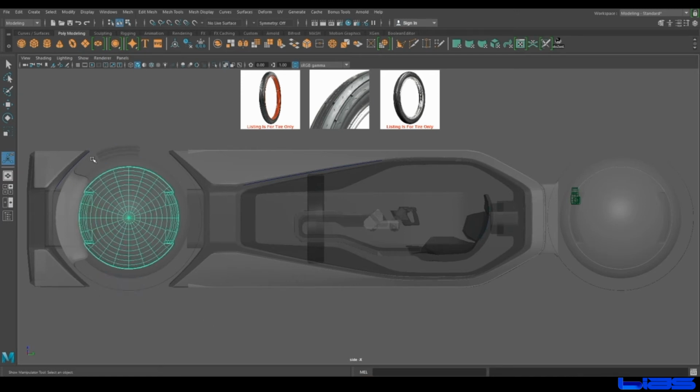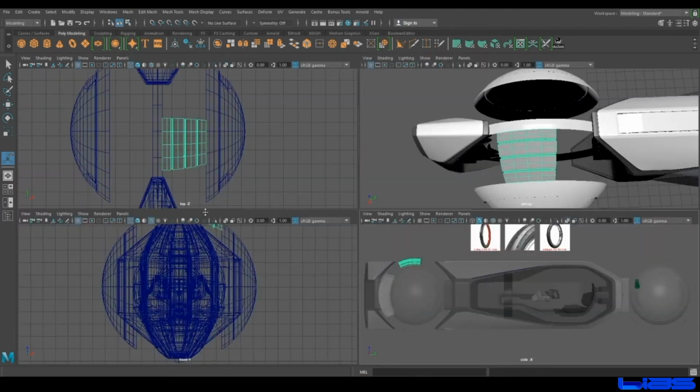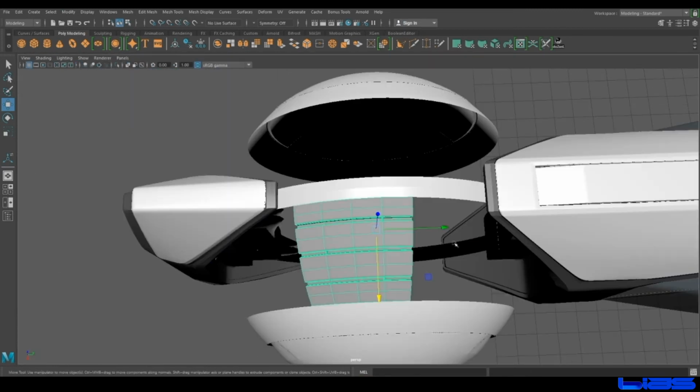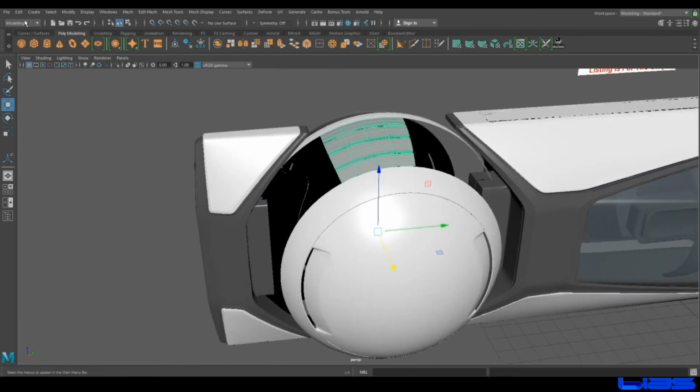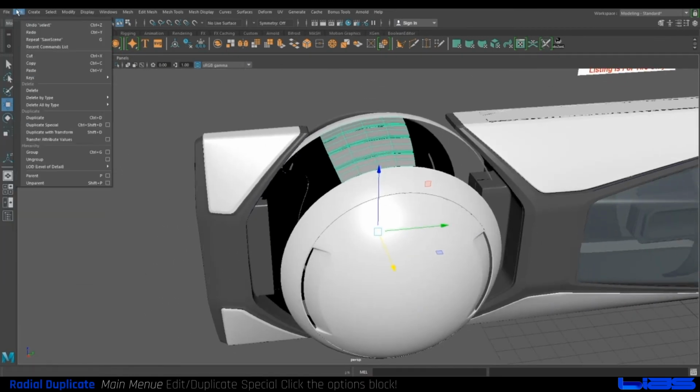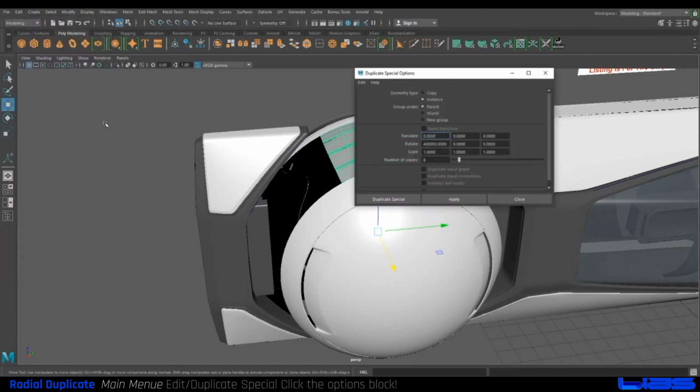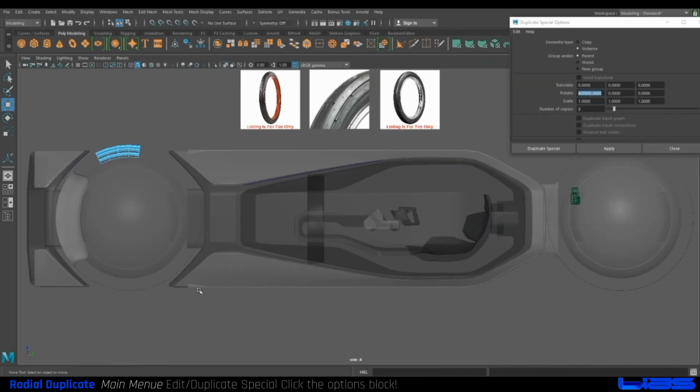And you just got to make sure that the pivot needs to be in the center. I don't know where my pivot is right now, and it's in the center, so it's good. We don't need to worry about that. So we're going to do a special duplication on this. We're going to go Edit, Duplicate Special, and you want to click the little box, and 360 divided by 10,